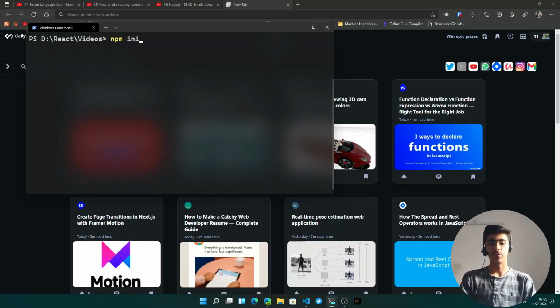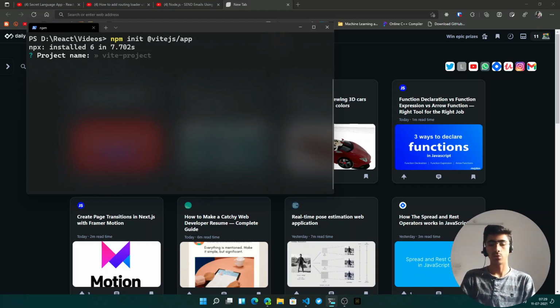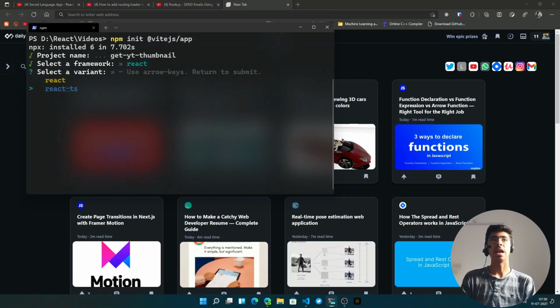So let's say npm init. Now if you haven't used Vite before, don't worry, just follow this tutorial. It's very easy. So that's how you do this. npm init @vitejs/app, and then hit enter, and that will start the scaffolding. Okay, and then it will ask you what's the project name and then what technology you'll use. So I'll name this project YT thumbnail. Actually, let's just say get YT thumbnail, and then we will choose React and React TS because we are going